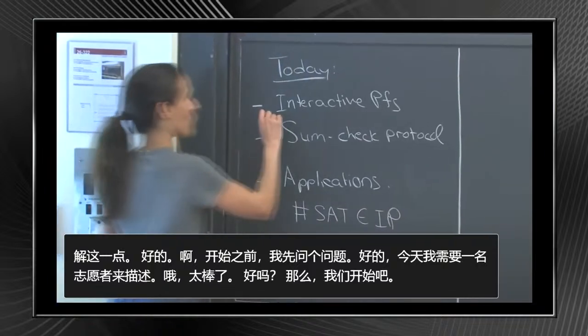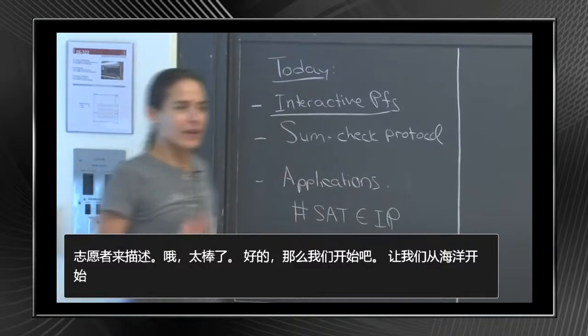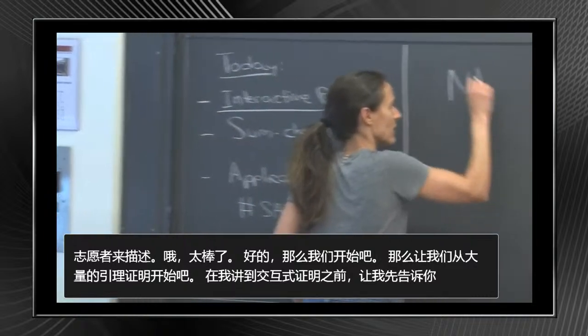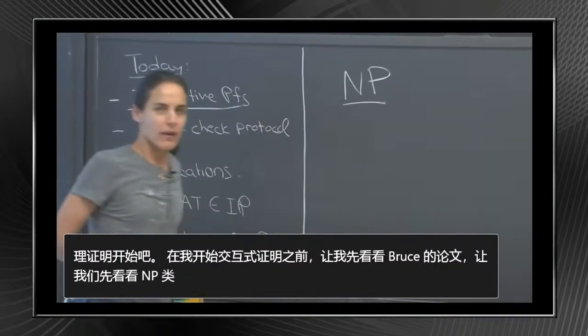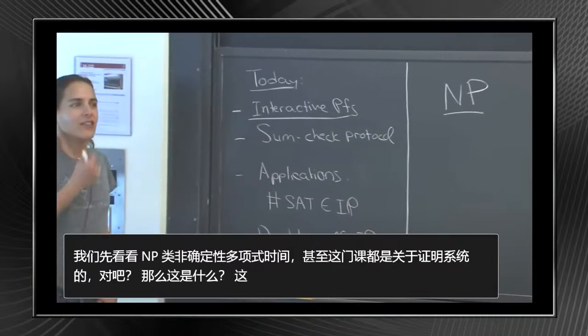So let's start with the notion of interactive proofs. And before I go to interactive proofs, let's look at the class NP, non-deterministic polynomial time. Even this class is about proof systems, right? So what is this? This class is trying to